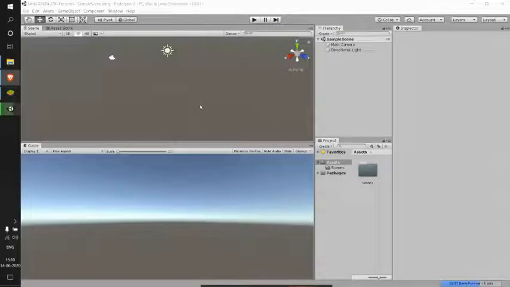Now let me just import the assets I need for this project too.